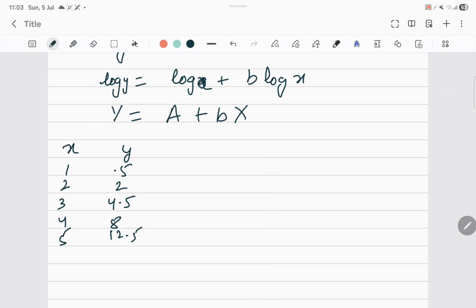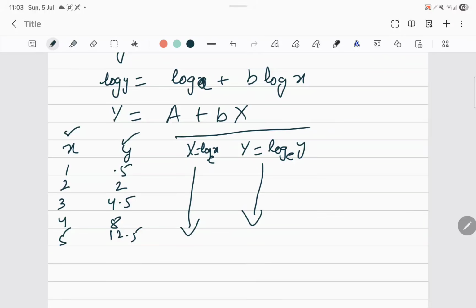Now if you want to find out final answer, use these two values. Okay, in calculator use these two values, you will get your final answers. Right? But when you want to find out the summation, first you make the table of capital X and capital Y. This is log of X base e. This is log of Y base e. Right? You make these columns first.